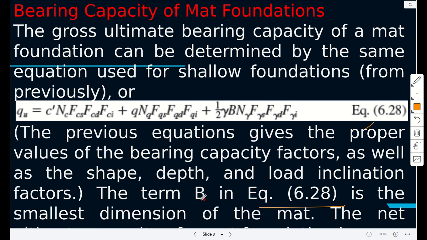So B is the smallest dimension. What we mean is that when you have length times width, sorry, so if you have, let's say this one, L and B, L1 and L2, then B in this case is L2, the smallest dimension. This is what we're saying. And the net bearing capacity,